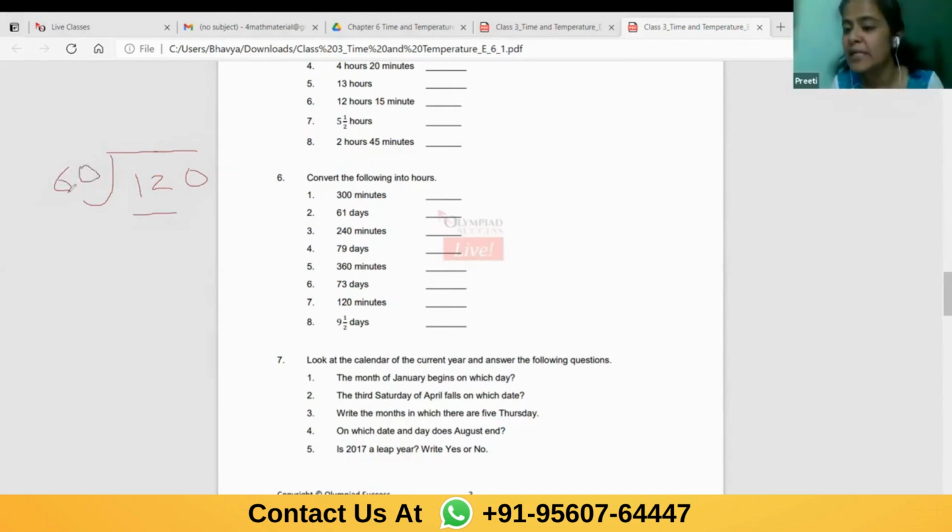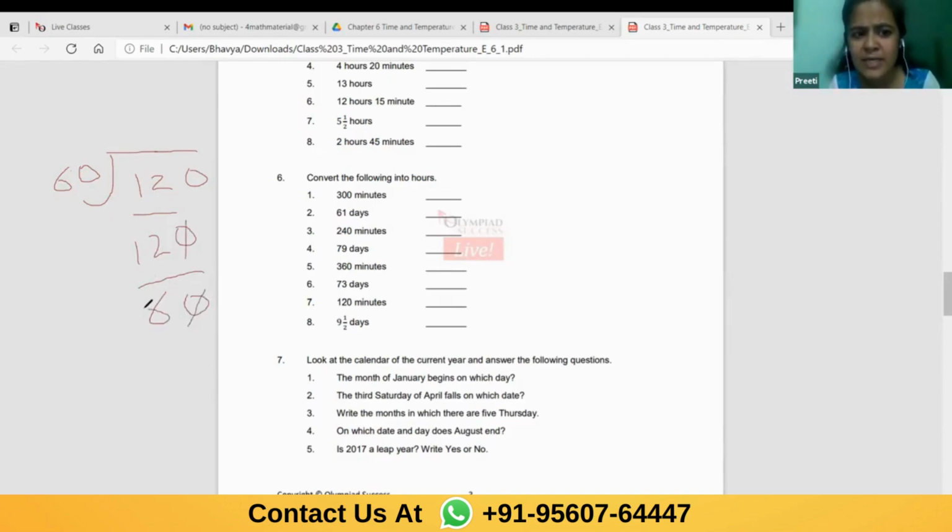So you will have to multiply and check. You will have to multiply 60 with 2 and check. Ma'am, if we cut the zeros, that will be much easier, I think. Yes, you can do it in the way of fraction. If you know how to reduce the fraction, it is very simple that way. Fraction is the simplest thing.